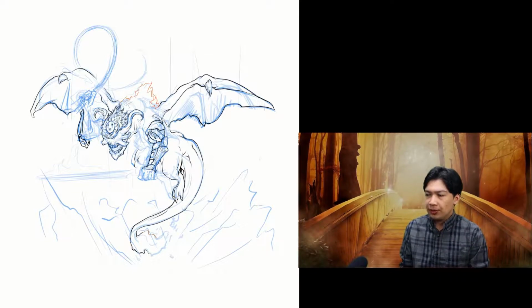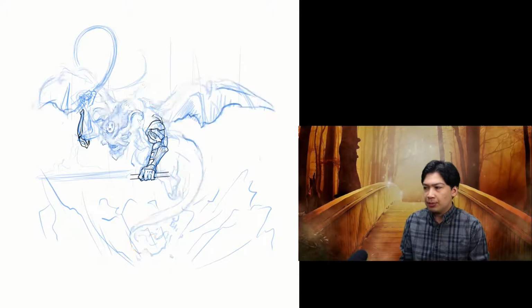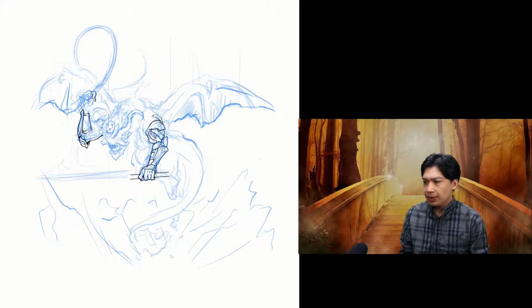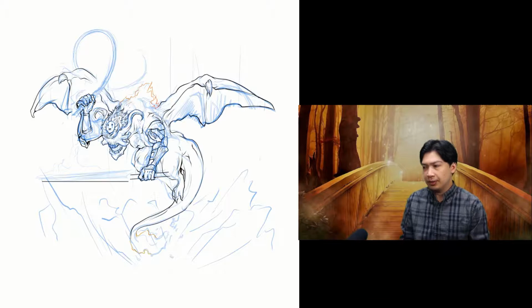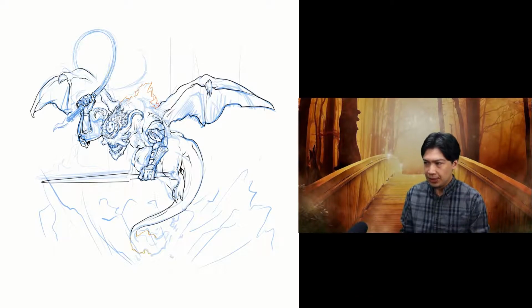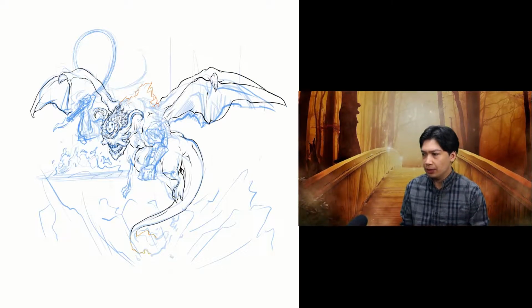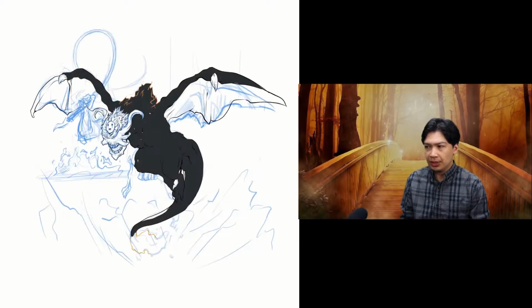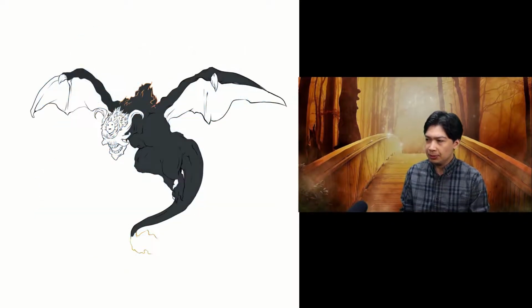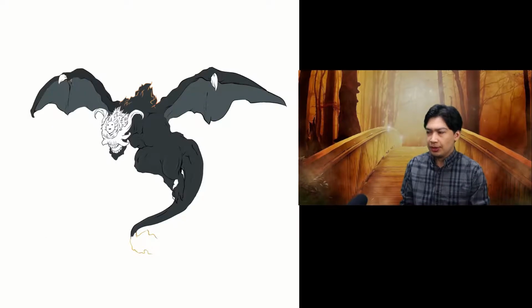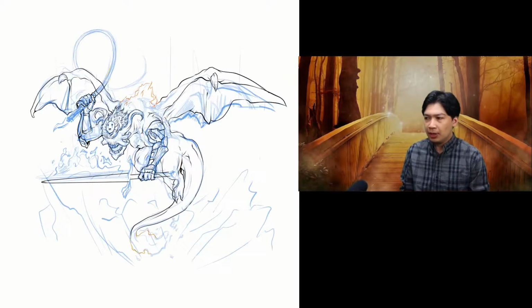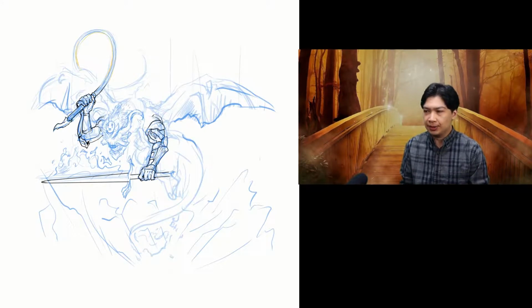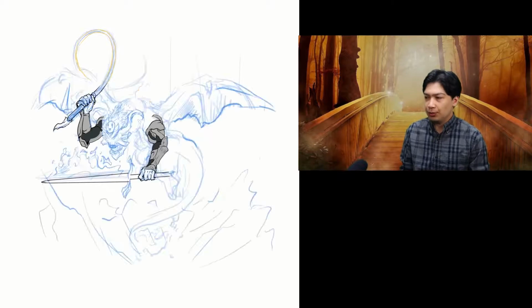So combining No-Face and the Balrog was easy in a way, but also kind of difficult because there was a lot of detail involved that I gave myself. I had a lot of fun sketching out all the details and then trying to cut back on what I actually wanted to leave in and take out what felt like a little bit too much. I just tried to keep a very consistent motif so that I could keep it simple, redesigning the Balrog but giving it No-Face's mask, as if to say if the Balrog were to be swallowed up by No-Face, this is what it would look like.